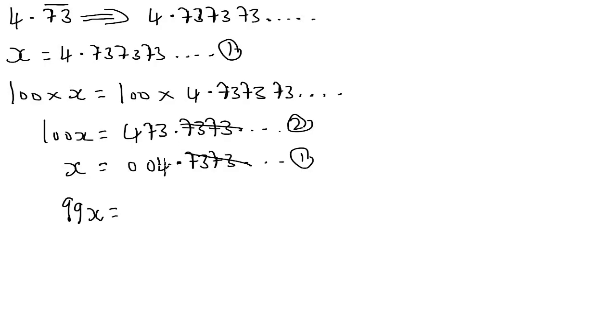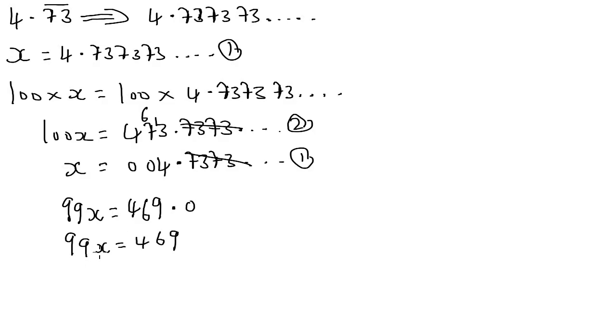Now 3 minus 4 is actually impossible. So we can pull 1 from this 7 and have it to be 13. 13 minus 4 gives us 9. So we have 9. This is 0, that is 1 point 9. Now this is left with 6. Let me write that properly. So 6 minus 0 is 6, and then 4 minus 0 is simply 4. So we now have 99x to be equal to